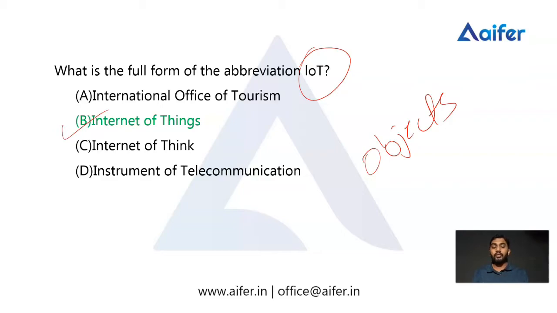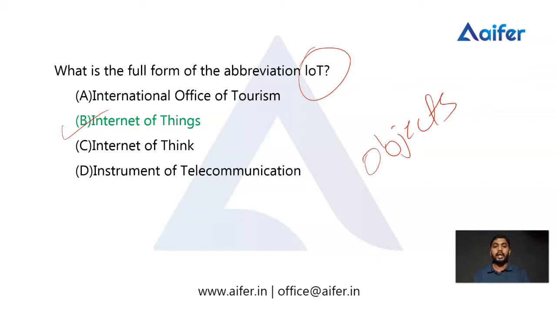And when we connect these things to the internet, to turn off a bulb we don't have to move to the switch and switch it off. Instead, we can turn the bulbs off or the fans on by touching our mobile phones. These kinds of facilities are provided through the Internet of Things.